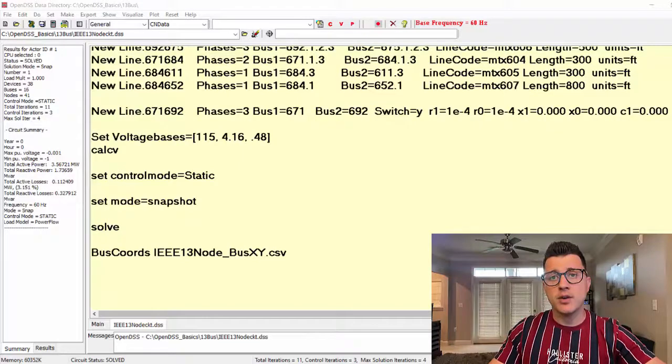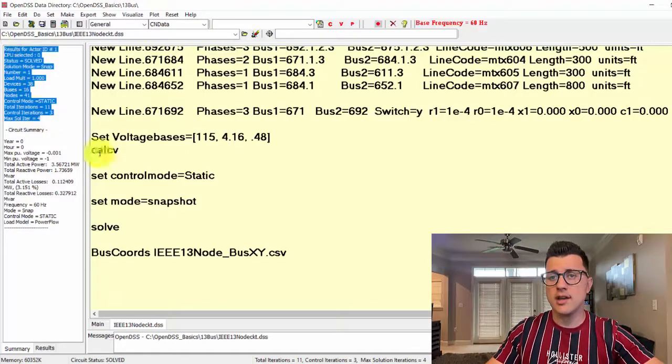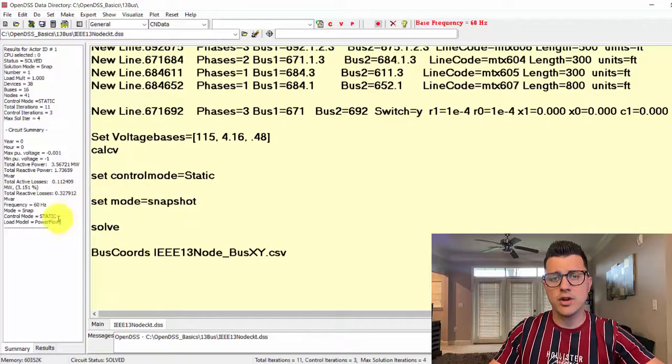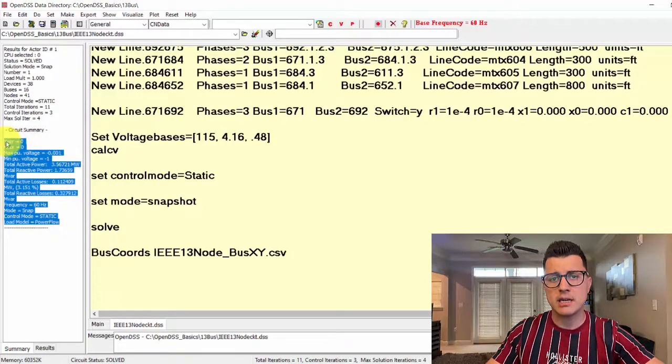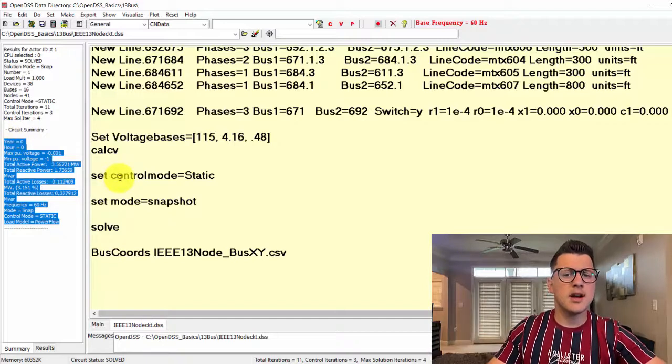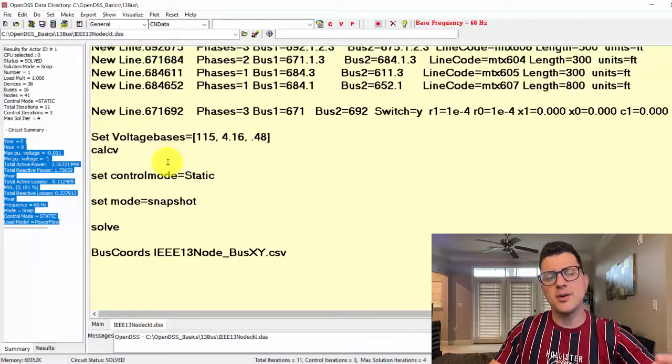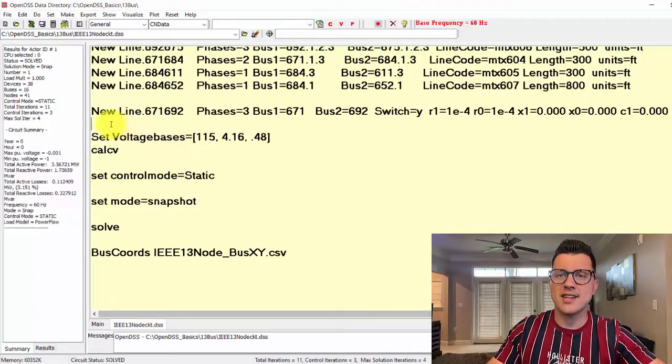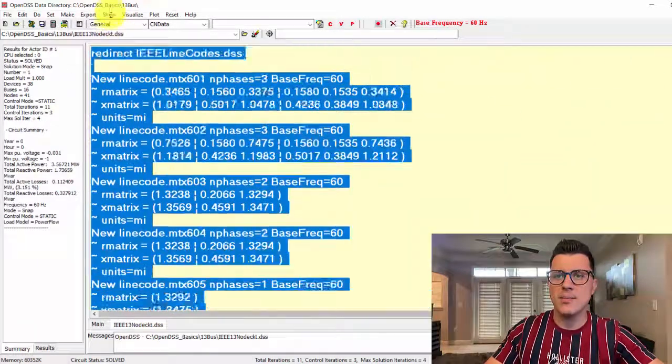In the last video we described those guys up here. And in this video what we are going to do is basically go over the circuit summary. So let me rerun our file again just to show you. First let's load our model,